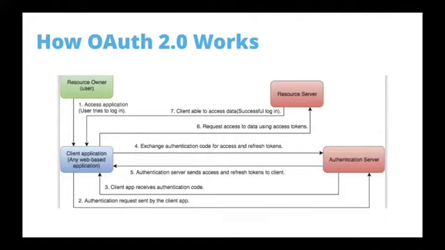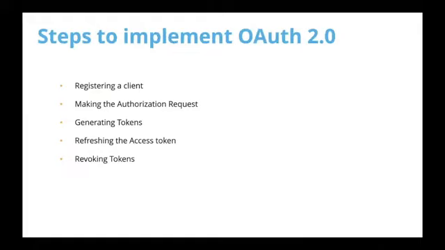So this is how OAuth 2.0 works, and the steps required for implementation of OAuth 2.0 are the following. First, we have to register a client, then make an authorization request, followed by generation of tokens. We have to generate the access token, and this access token will be provided along with the refresh token. If we want to expose the protected resource for a longer duration, we have to use the refresh token